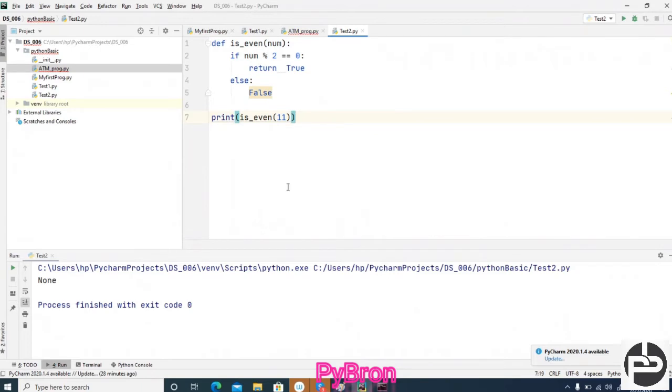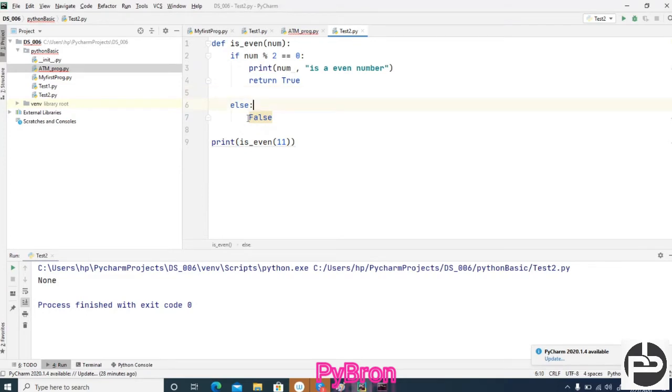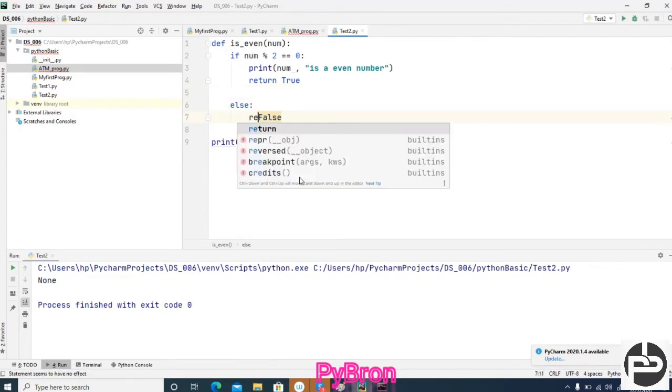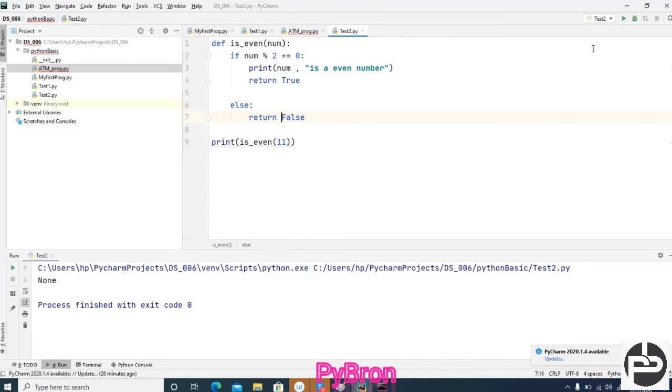I did not make a return, right? Return false. Now it should work. Can you see? Not an even number. Got it. So you can try these things once.